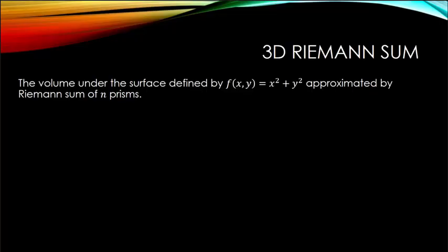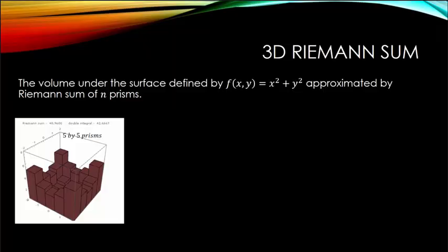So for example, if I wanted the volume under the surface given by f of xy equals x squared plus y squared, I might first divide that region up into a set of prisms that are 5 prisms wide by 5 prisms deep. Each of the prisms are as high as the curve at some point above that prism. If I have something that looks like 5 by 5 prisms in my volume, my Riemann sum for this case looks like about